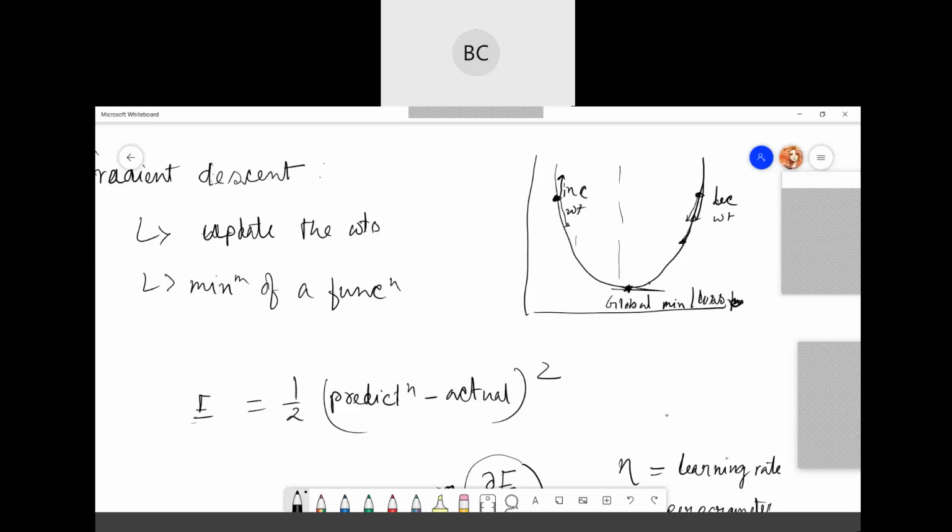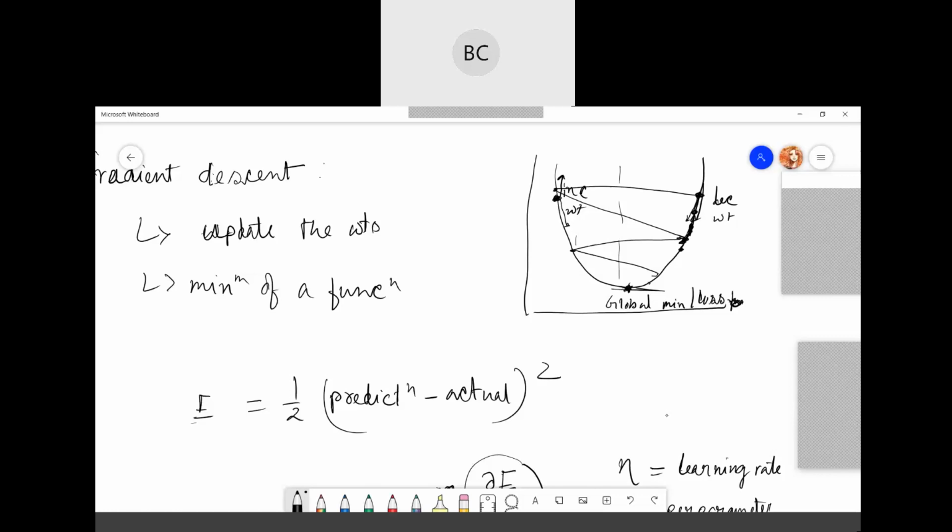not too much. If the learning rate is slow, maybe one update you did here, then the next update will be here, next update here, next update here, and the process will be too slow. If you make it too high, maybe it will jump from here to here, then again from here to here, jump, jump, and finally it will come down. So too large a learning rate will cause drastic updates, which will lead to divergent behavior.